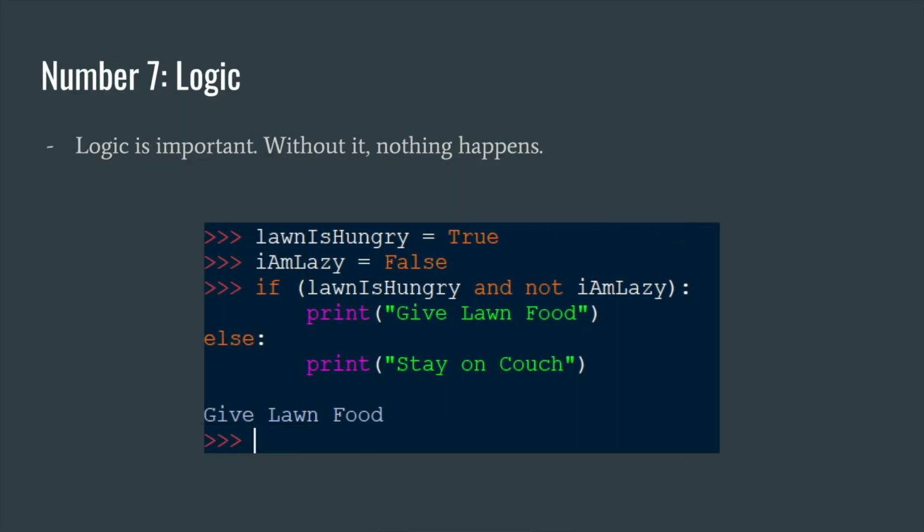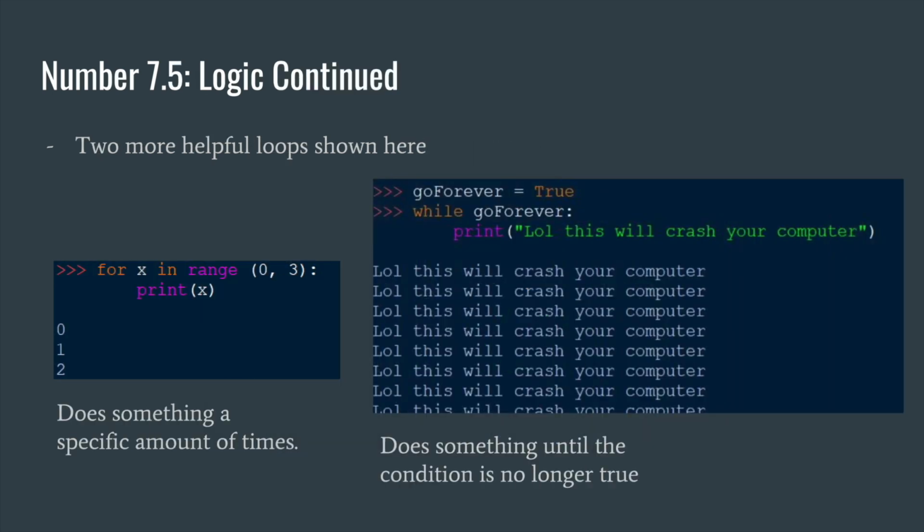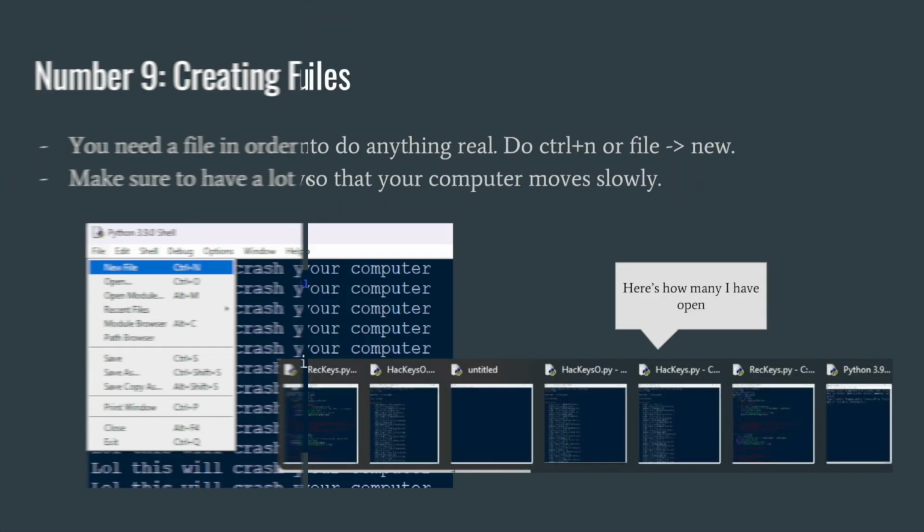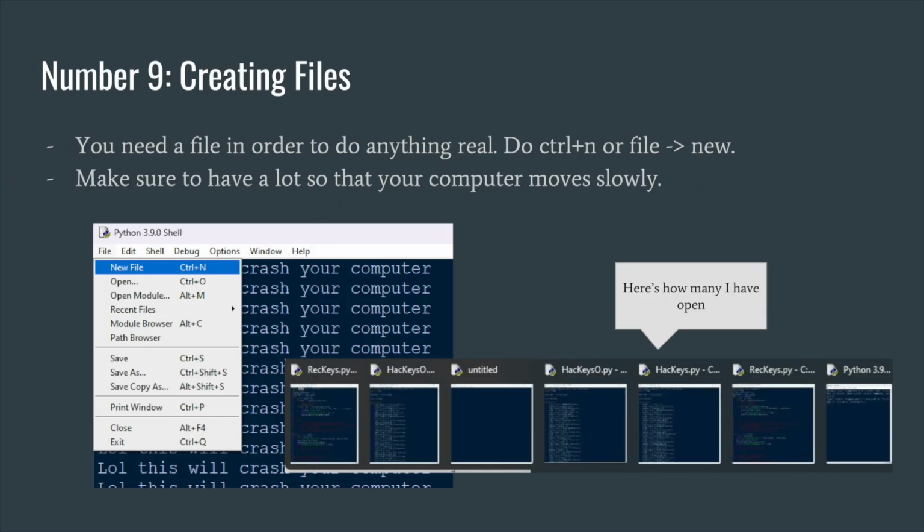If statements tell you to do something when one thing is happening. Here is a marvelous example of an if statement that I just came up with. You can also use for loops and while loops, both of which are very helpful, as you'll soon see. You can make your own functions, which is technically never required, but makes your code much nicer. Not only can you run Python in a blank Python interpreter, you can also make Python files.